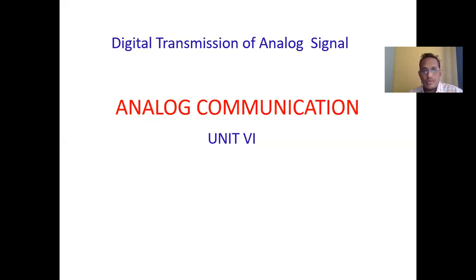So in this unit number 6, we will define how to convert these analog modulation techniques, like amplitude modulation, into any type of digital modulation. That's why the name is given digital transmission of analog signal. So in this case, we will convert any type of analog modulation into a digital one. For that, we require three different cases, and we will define them in detail, stepwise.